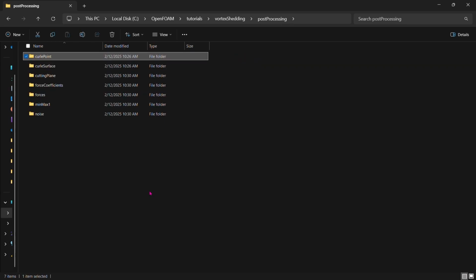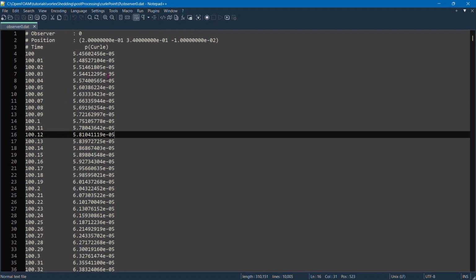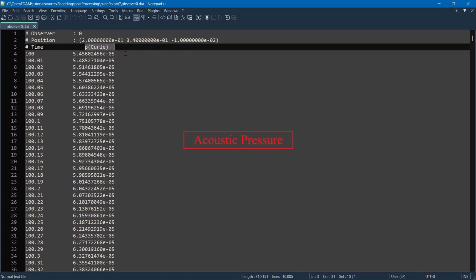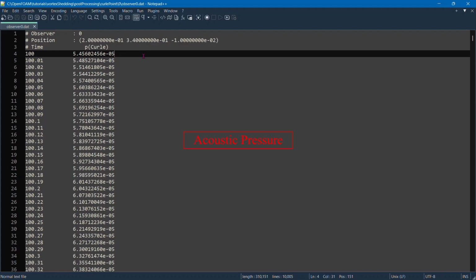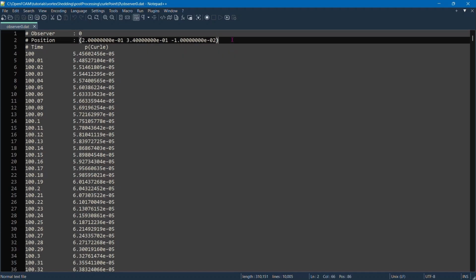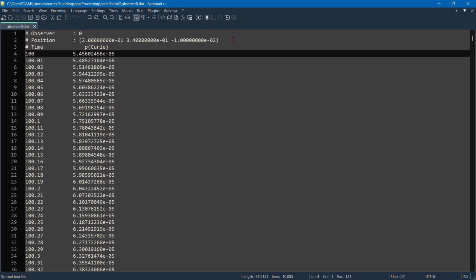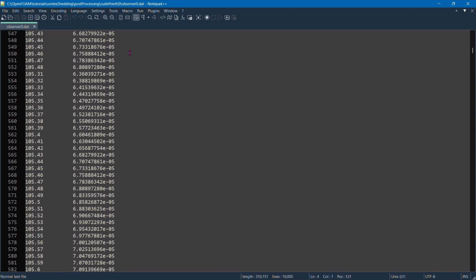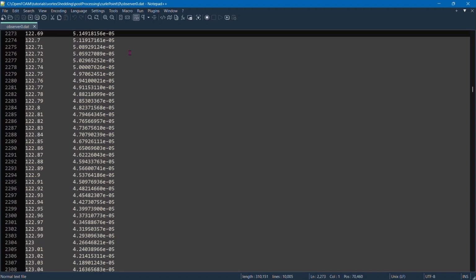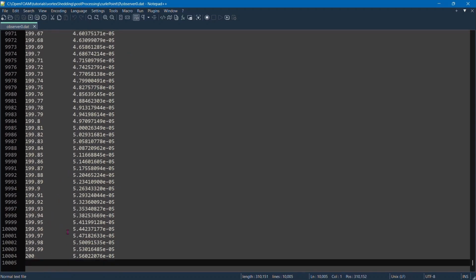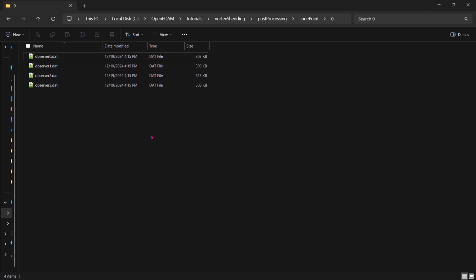Each of these folders contains data about the pressure. Curl pressure essentially talks about pressure above or below a certain reference pressure. This data is written at a certain position. We can see that right here. It is given the name observer 0, and from the 100th second, we are essentially writing the data points all the way till the 200 second mark right here. And this is repeated for each individual observer that we have around your particular